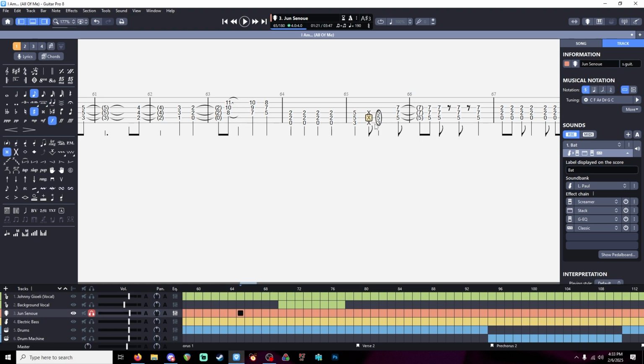Let's go over here, for example, as well. I can see that this is supposed to be on the and. See, I just made a mistake because I couldn't read this. This is on beat 1, and that means this power chord starts on the and of beat 2. It's unnecessarily hard to read this way. You always want to clearly indicate where a beat starts.